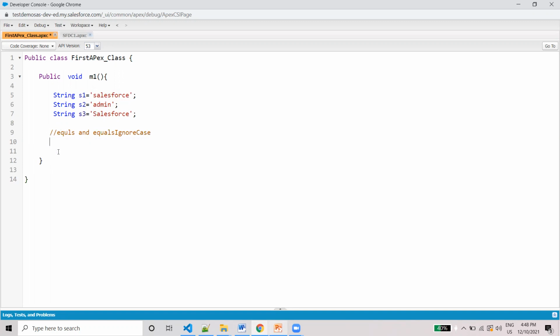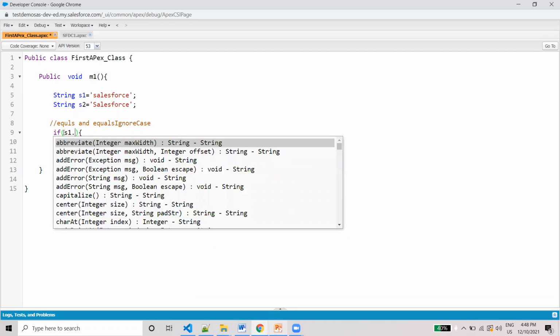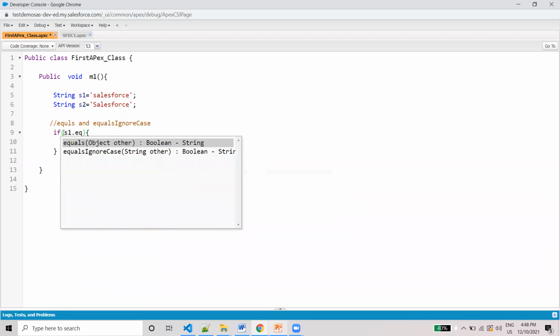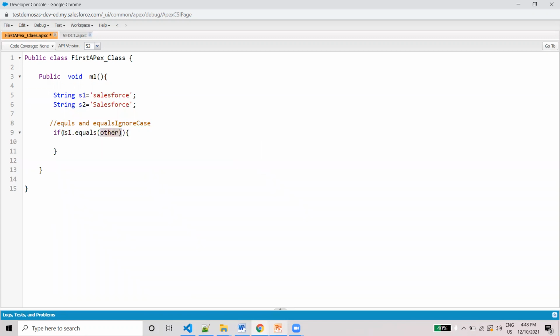Now I'm going to check if s1 dot equals s2, system dot debug s1 and s2 are equals, and another if condition.